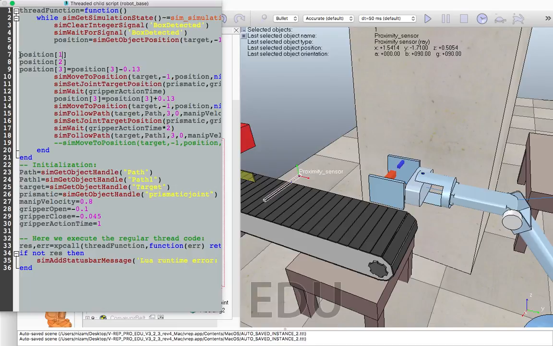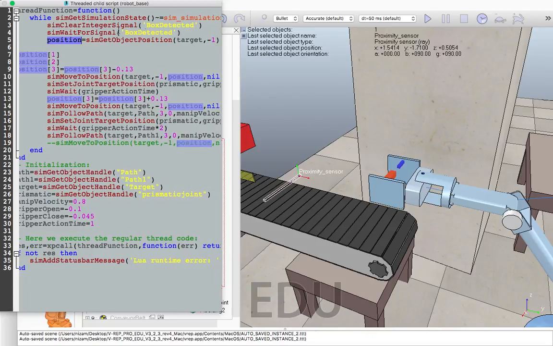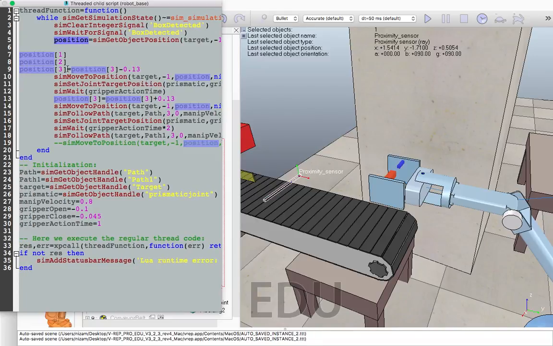What I am trying to say is, this is the x coordinate, this is the y coordinate, and this is the z coordinate. Initially what I've done is store the target's x, y, z position into a variable called position, and then I am trying to extract only the z position, because